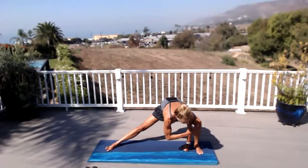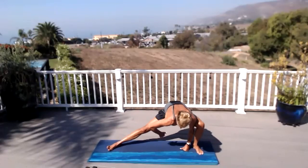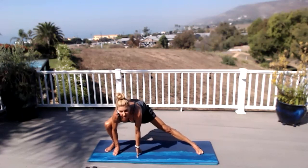Try to make sure this knee is not going in front of your toe. So make sure that heel stays on the ground, right? You don't wanna do this. Really try to get that inner thigh. And then switch. Also, if you're new, make sure if you're sore tomorrow, which you possibly could be, most likely if this is new to you,